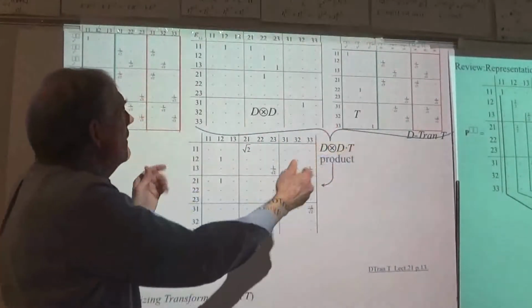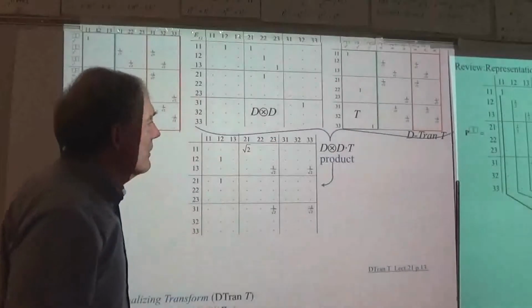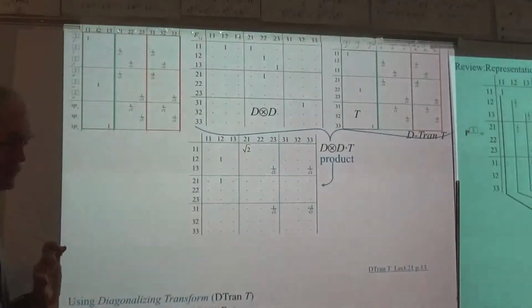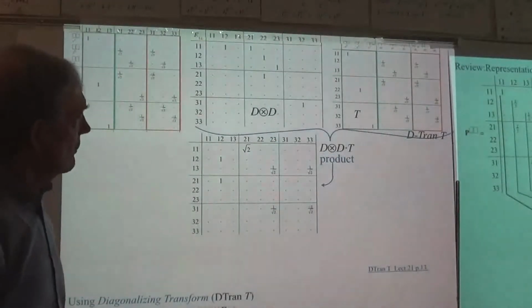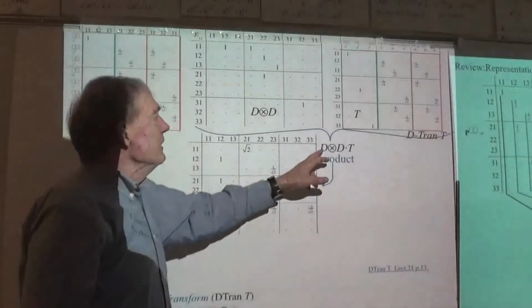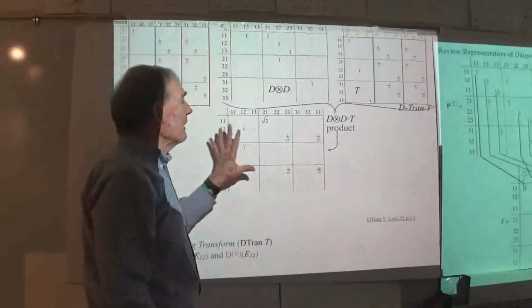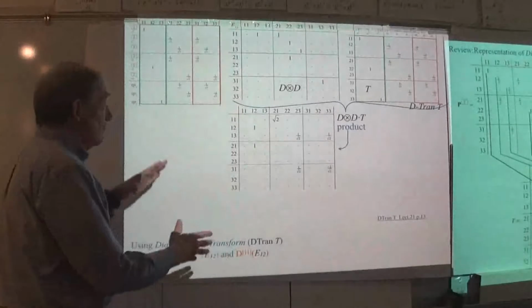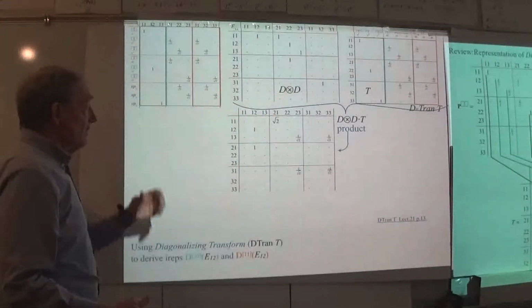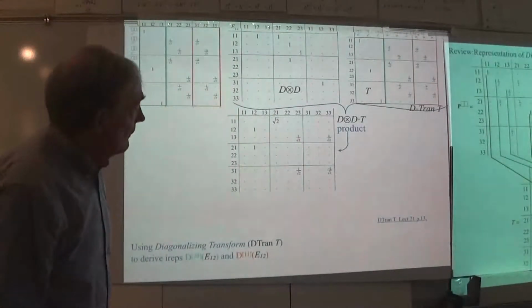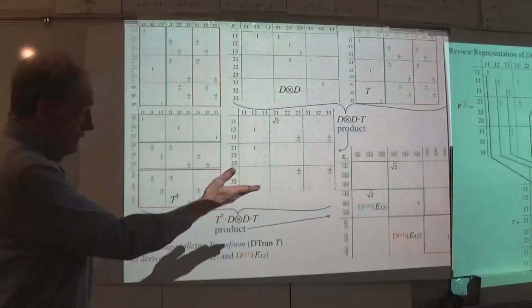and this is not terribly large. I mean, it's 9 by 9, but it's not the little 2x2s and 3x3s we've been working with. So you end up here with a D cross DT product, which by itself is kind of useless. But when it combines with a transpose of this, we're hoping that it will produce for us, and there you